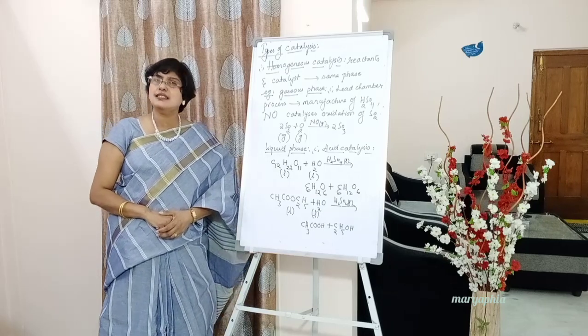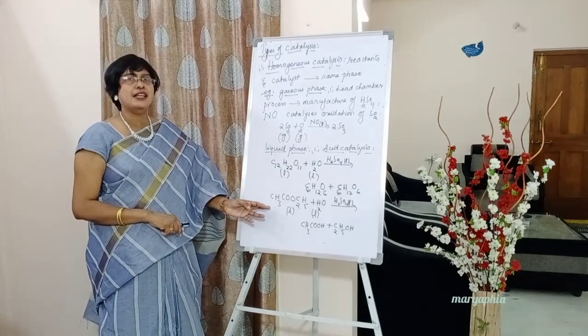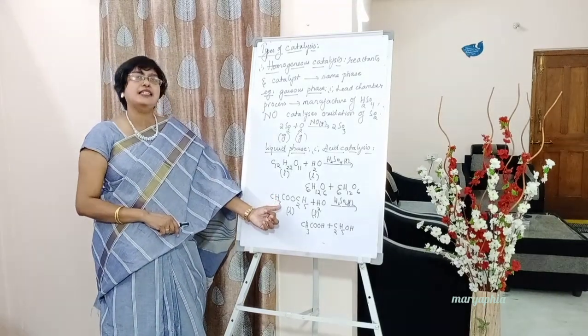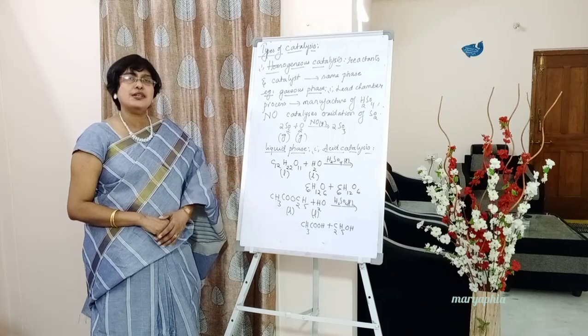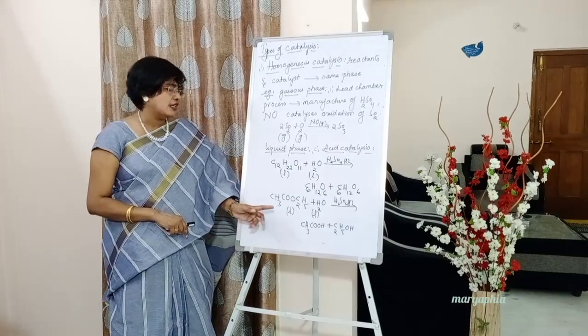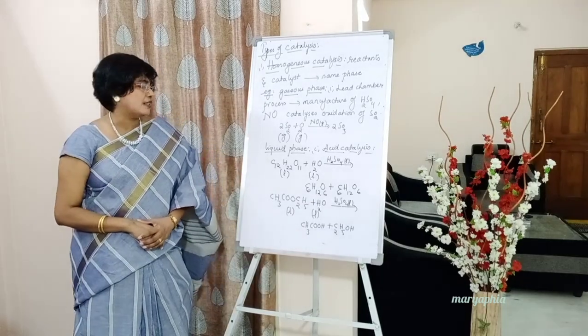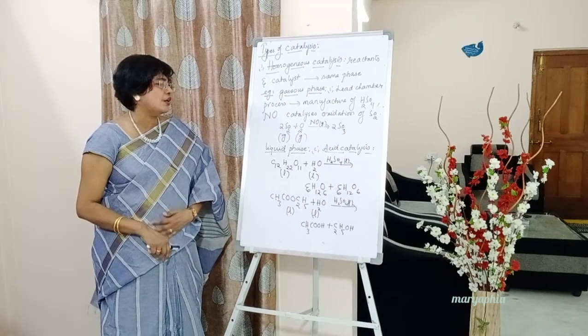C6H12O6, C6H12O6. Next, hydrolysis of an ester. This is ethyl acetate, CH3COOC2H5 plus H2O in the presence of an acid. Liquid, and also sulfuric acid, liquid, gives us CH3COOH plus